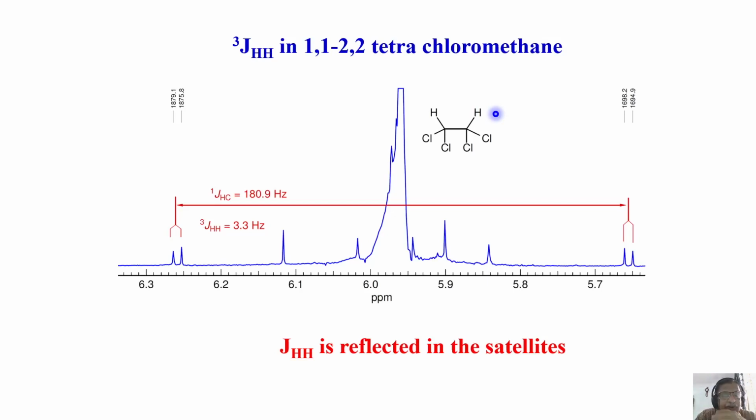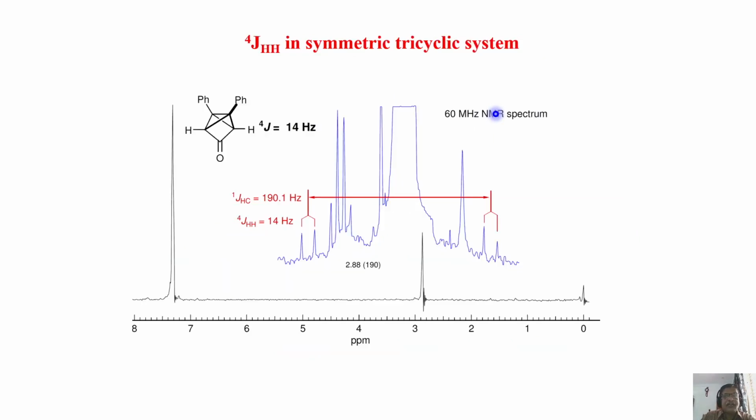So in the satellites, when you look at it, most often you will break the symmetry. As a consequence, some of this information which you don't get from 1D NMR, you can start getting. This is an example where 4 bond HH coupling in the symmetric spin system can be measured from the satellites. This is a spectrum which you enlarge in intensity. You see a doublet here and here. These doublets correspond to coupling between this proton and this proton. Because of symmetry, you will see a single peak.